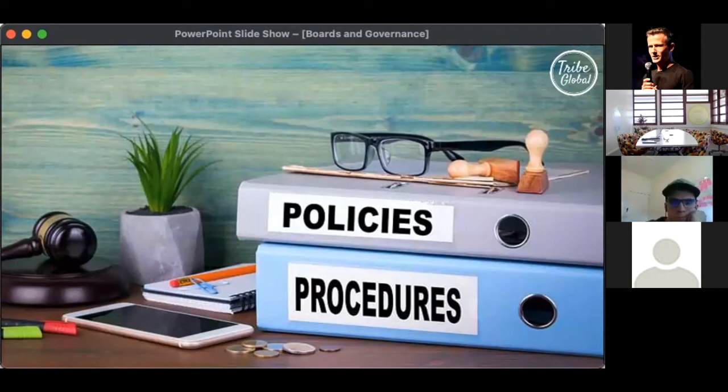It creates a framework in which staff can operate in the absence of being observed. So policies and procedures are what keep people safe. It's the reason pilots have checklists. It's the reason factory plants have safety checklists. Policies and procedures are just as important in those high-risk environments as they are if you're building a software company or anything else. So make sure you've got policies and procedures, especially around simple things like password management, IT security,